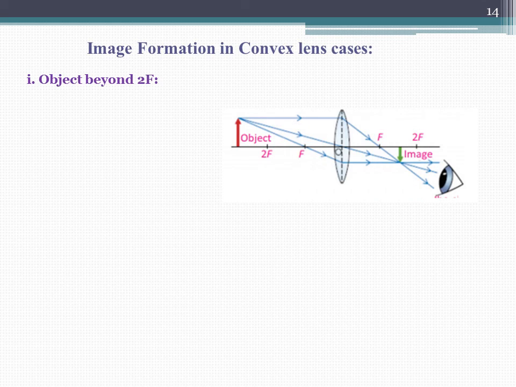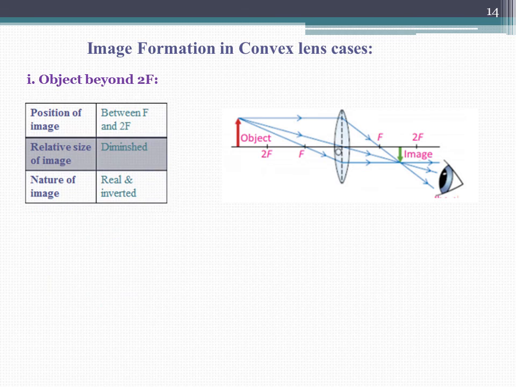When the object is placed beyond 2f, the image is located between f and 2f on the other side of the lens. The image will be real. You have studied about real and virtual images in the previous lecture. The real image is the image that is formed by actual meetup of light rays. The image formed is inverted, that is opposite to the object's orientation,